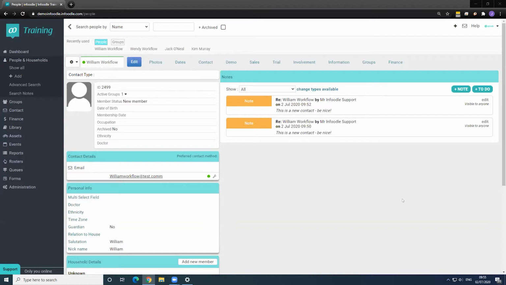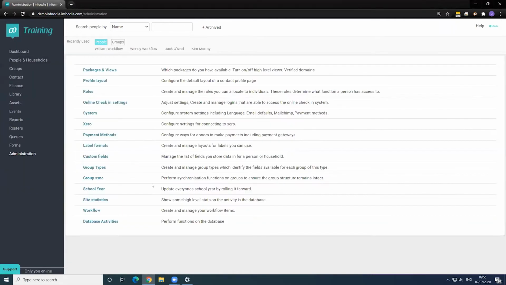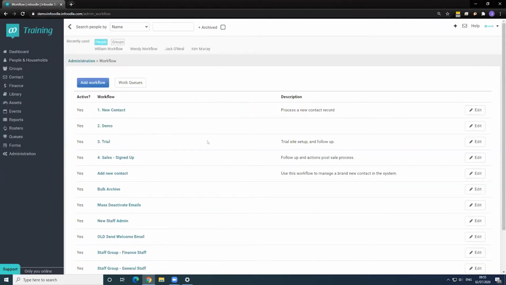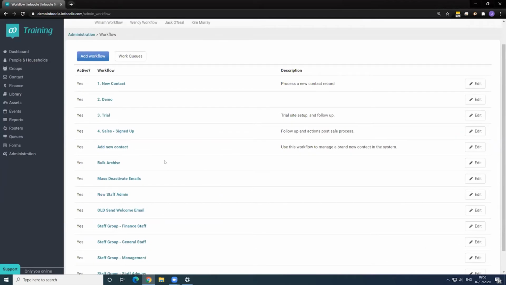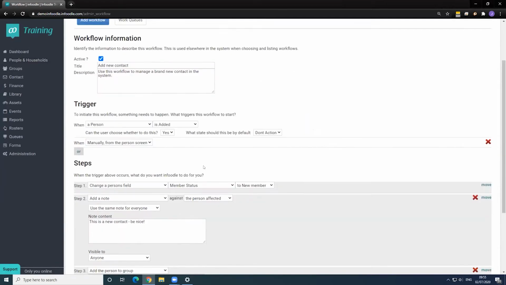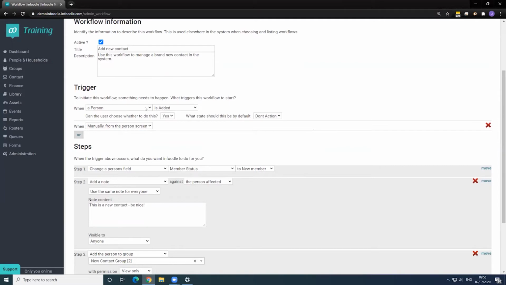Okay, so let's see where we're at so far. The next things we need to cover: we've covered multiple triggers and adding a trigger options. Let's look at the different types of steps and we'll cover those things. So just minimize these windows here. Under workflow, if we go into add a new contact and edit that, let's look at the different types